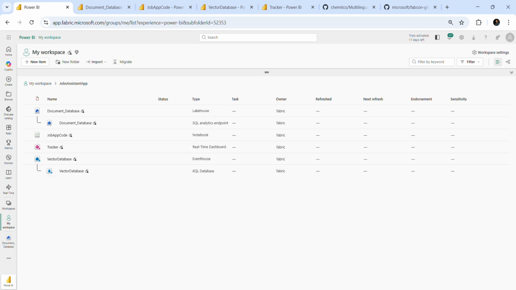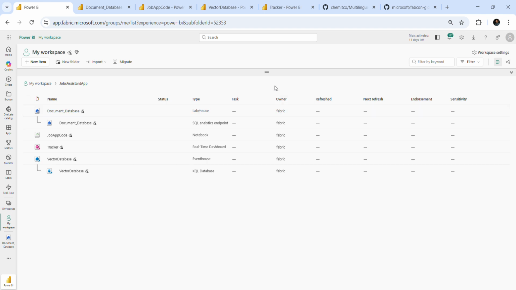I have used the following technology stack in this project. This project is built entirely on the Microsoft Fabric ecosystem and OpenAI services. It uses Microsoft Fabric Lakehouse for PDF storage, Fabric Notebook for data pre-processing and embedding generation, Azure OpenAI for text embedding and natural language answers, Fabric Event House as the vector database, and Fabric KQL database for data visualization and monitoring. So I will go through how you can set up this environment in your system.